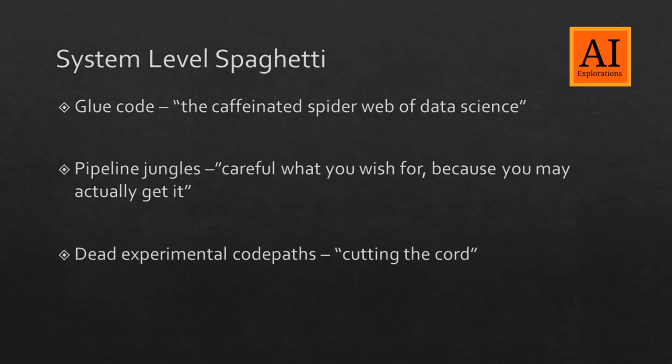The next element or theme that's covered in the paper is system level spaghetti. There are three parts here again. The first one is glue code. Glue code is the term that the authors use to discuss how parts of a system that might be promising initially are developed, maybe with a specific objective, and as experiments evolve and as new people build systems in that